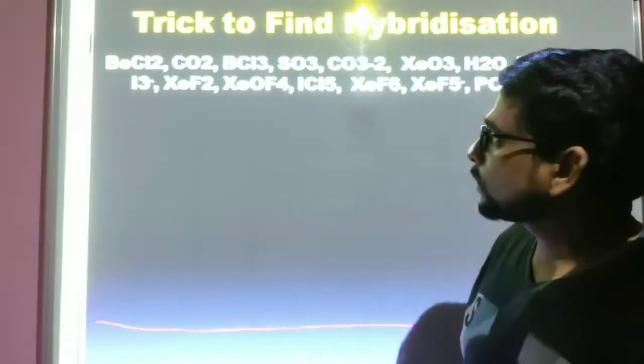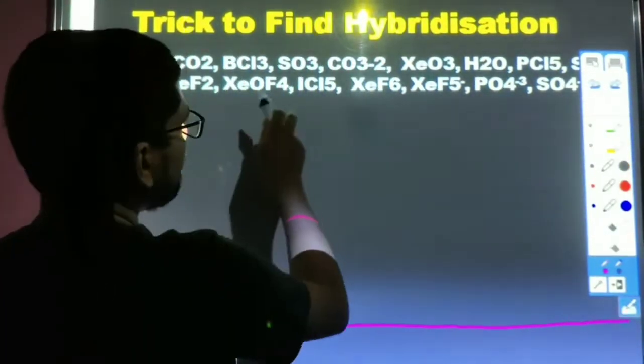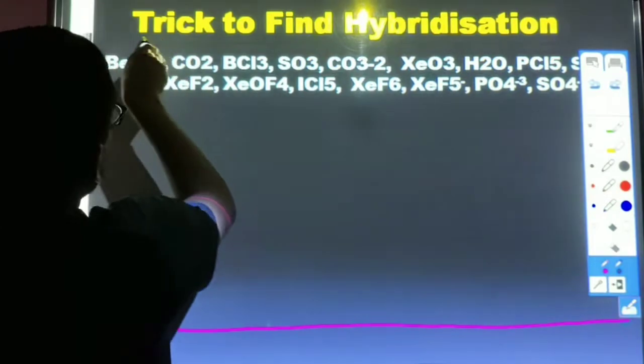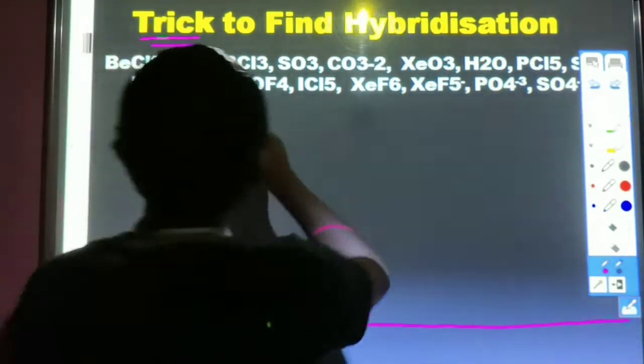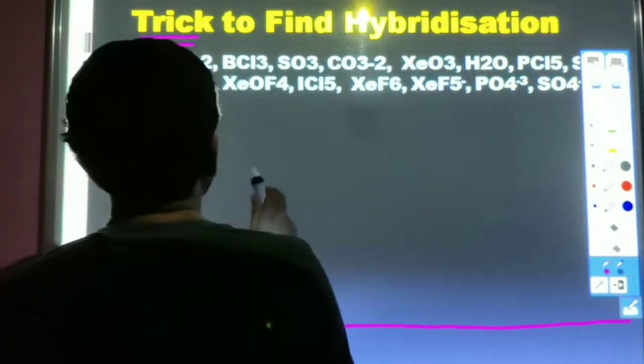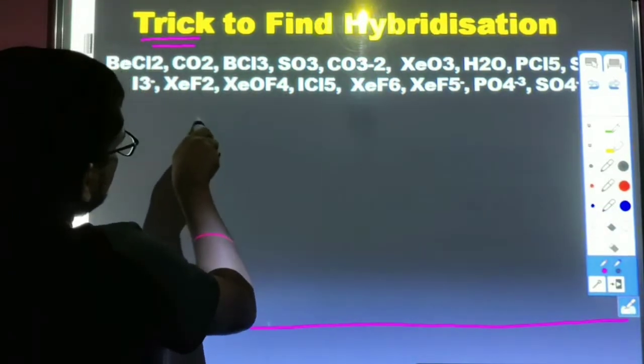Hello students, today I am going to discuss the hybridizations of different molecules and the trick to find the hybridizations of the following molecules. So I will follow like first one,